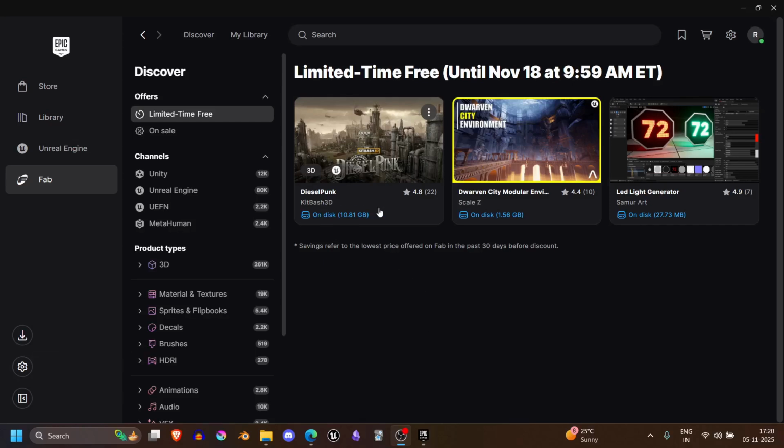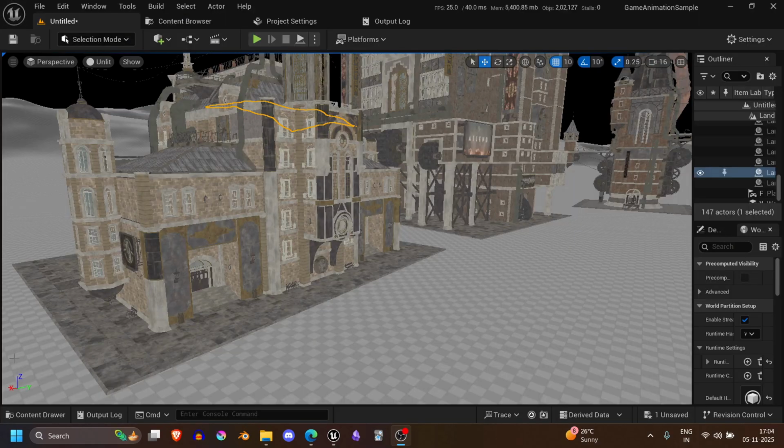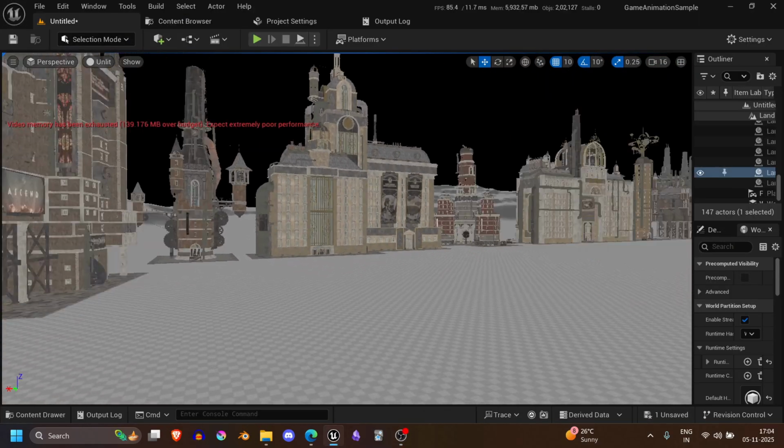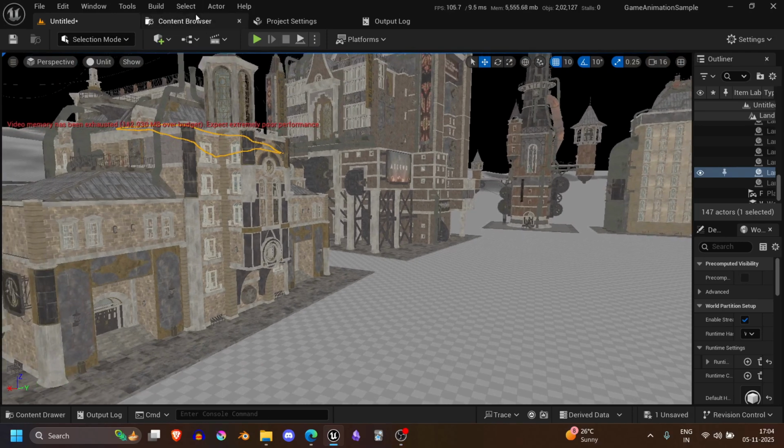So this month's Unreal Engine free content is stacked. Let's break down what you can grab before 18 November 9:59 a.m. ET, completely free. So first up we have here DieselPunk by KitBash3D, a full cinematic environment dripping with post-industrial grim